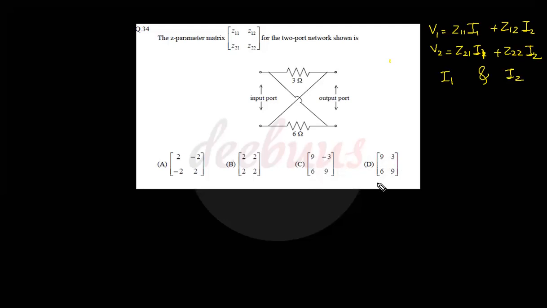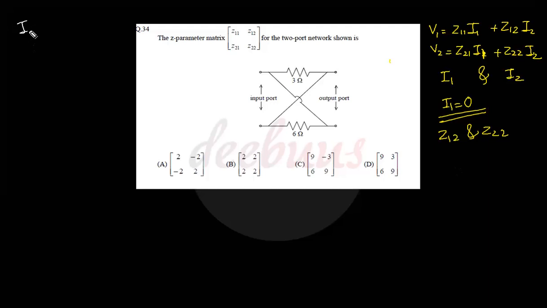9, 6 here. So, it is preferably better to work with I1 equal to 0, because the column matrix minus 2, 2 is different from 2, 2, again it's different from minus 3, 9 and again different from 3, 9. So, it is wise to perform I1 equal to 0 as we obtain Z12 and Z22, and in this option Z12 and Z22 are entirely different ones.